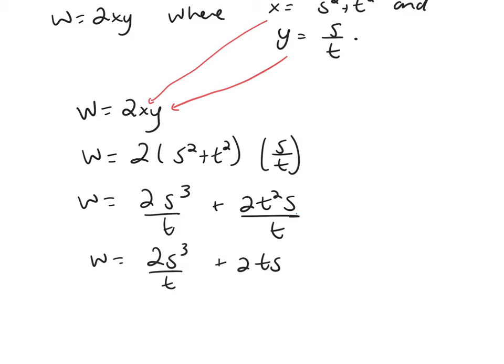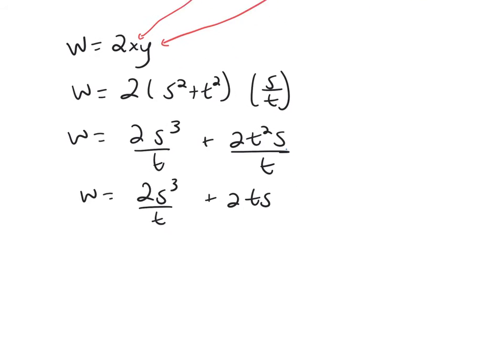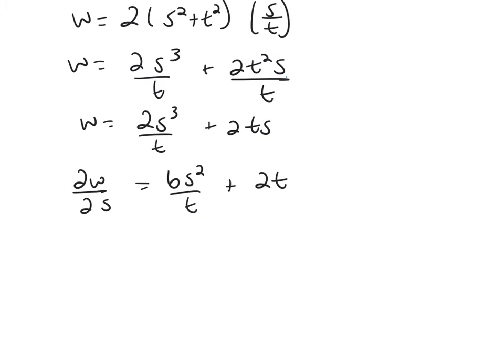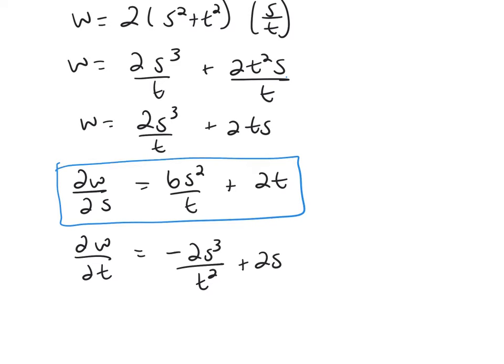So now w is a function of s and t, so I can directly find the partial derivative of w with respect to s. So you'll get 6s squared over t plus 2t, and the partial derivative of w with respect to t will be negative 2s cubed over t squared plus 2s. So there are my partial derivatives. I found them by using direct substitution,